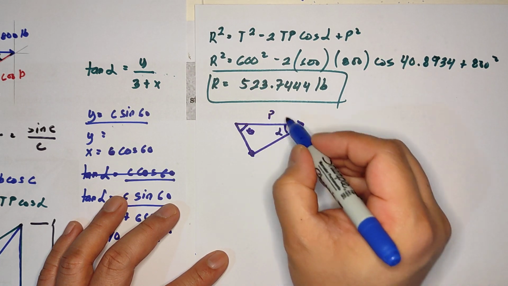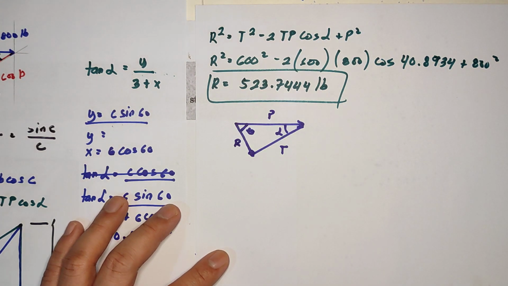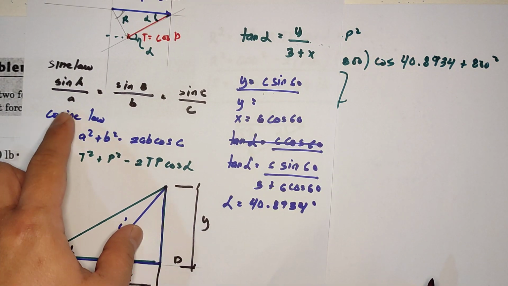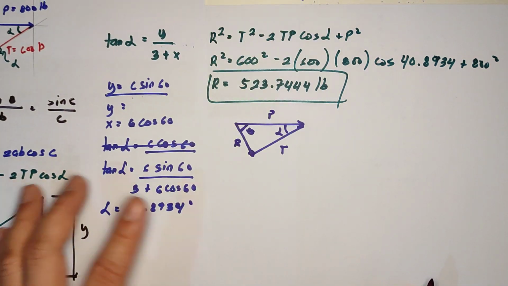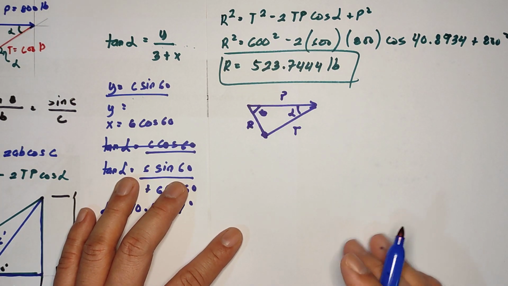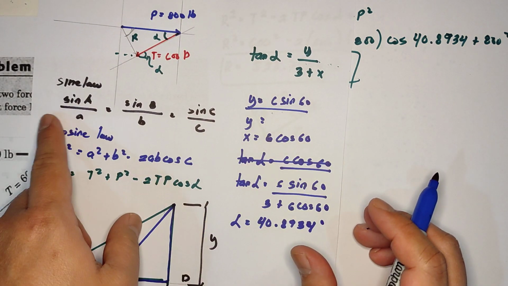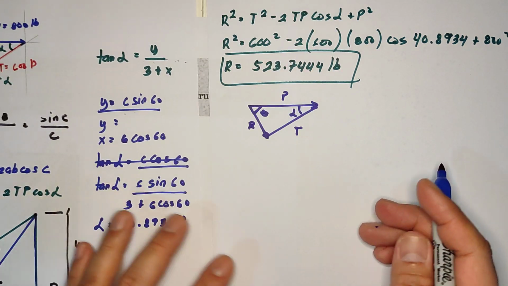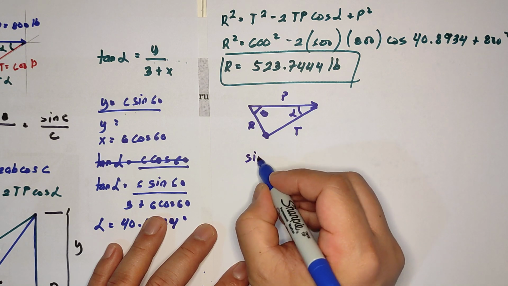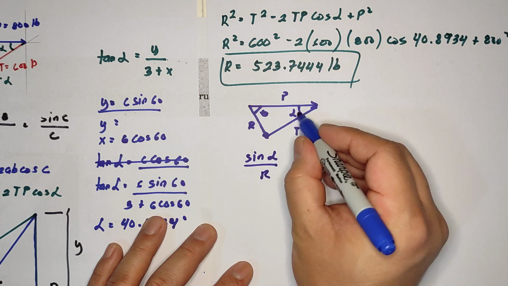This is p, and this is t, that is given, and this is r. So actually you can use the cosine law or the sine law. Of course, my favorite is sine law because it's easier to memorize. So you have here the sine law that I discussed earlier: sine alpha over r